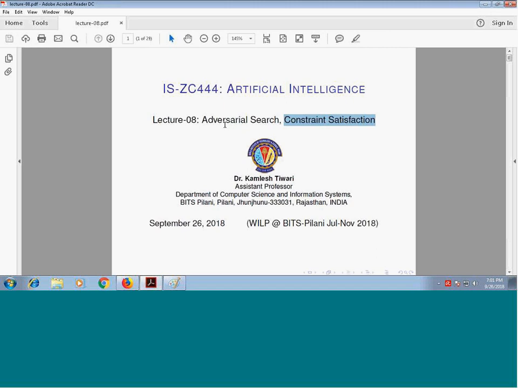In the previous class, we were talking about the serial search, and before that, about how you can solve a machine learning or artificial intelligence problem when it is given to you. One approach is to try to find out the solution. For example, in the game of chess, the solution is a winning position, and you want to find out which moves are going to take you to that particular step.